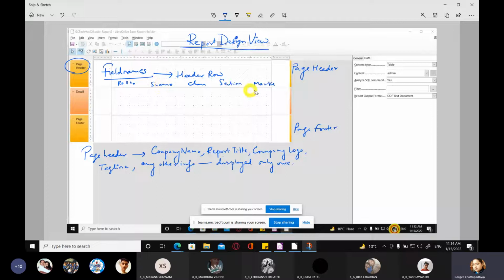These are all the field names, and because these are field names, you might need to display them only once, hence they will be displayed in the page header section. And table data which is contained in the table will be displayed in the details section. This is the detail section.